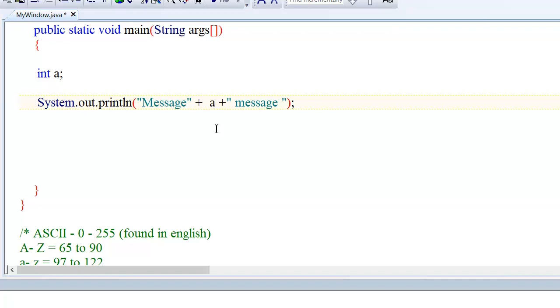We will use the plus sign to separate between the variable and message. But all these will add together because the plus is treated as a string concatenator. To concatenate means to add. It will add the message